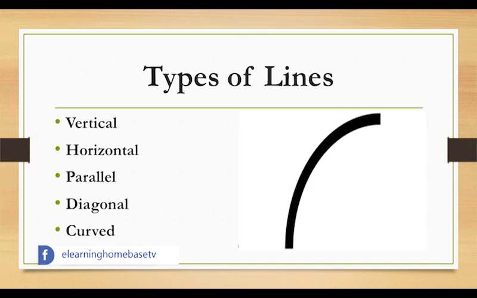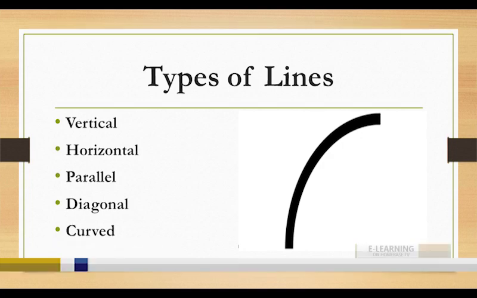Diagonal. Another name for diagonal is slant. They are slanted. They don't stand straight like this. They move sideways. So those are what? Diagonal lines. We also have